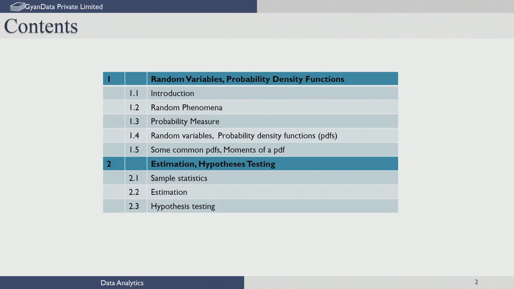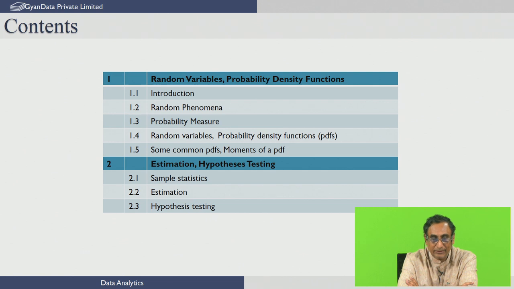This module on statistical modeling will introduce you to basic concepts in probability and statistics that are necessary for performing data analysis. The module is divided into two parts. In the first part, we will provide you an introduction to random variables and how they are characterized using probability measures and probability density functions, and in the second part of this module we will talk about how parameters of these density functions can be estimated and how you can do decision making from data using the method of hypothesis